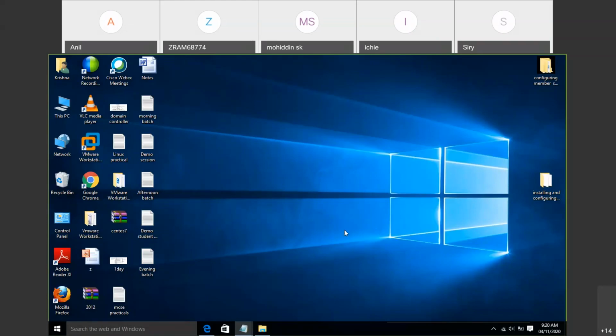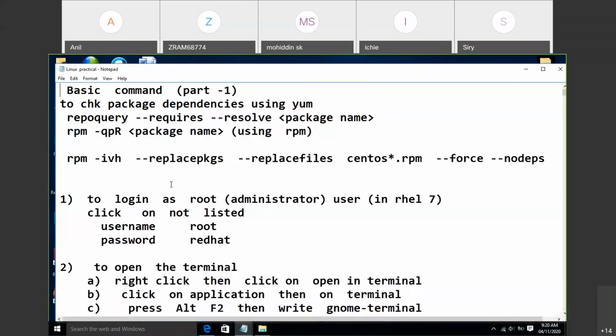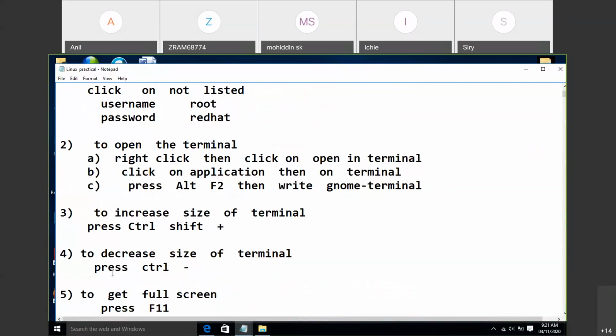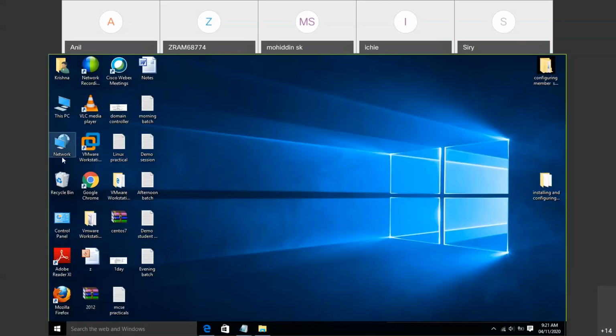Now we'll start today's session in Linux with basic commands. Already this file, which was for 15 days, I shared with everyone yesterday on WhatsApp. If anybody did not receive it after the session, just give me your mail ID. I'll send it. Today I'll show you how we can work with the Linux operating system. Already we installed the machine yesterday, the day before yesterday, with RHEL 7, or in place of RHEL 7, what we are using is